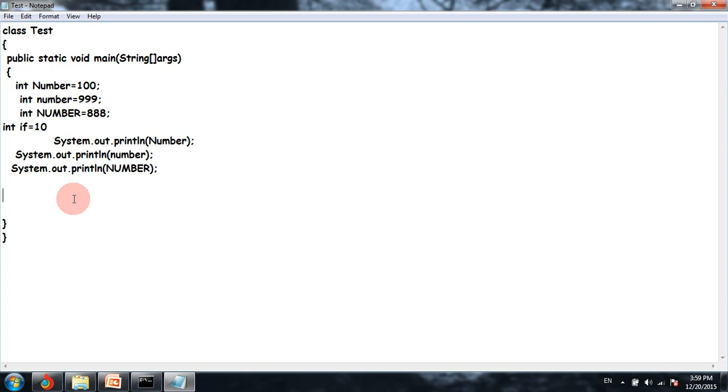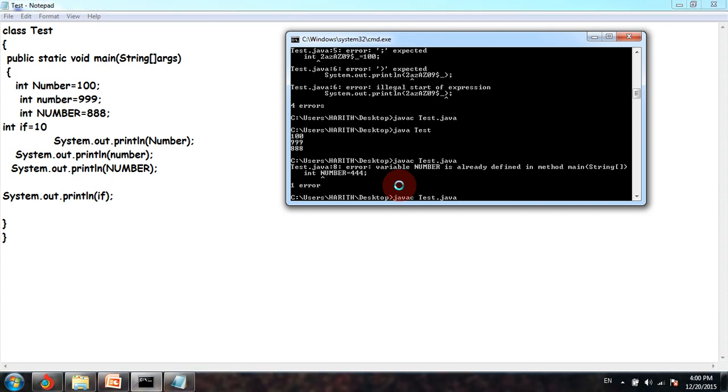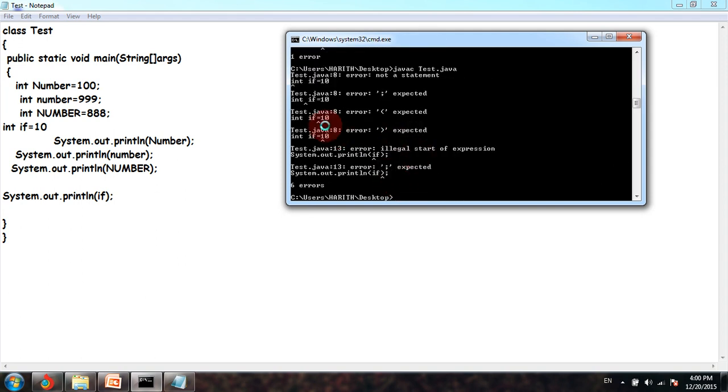If rule 5 is correct, then there should be errors. If if is accepted as an identifier, then rule 5 will be wrong, else rule 5 is correct. As you can see, it has given 6 errors approximately.